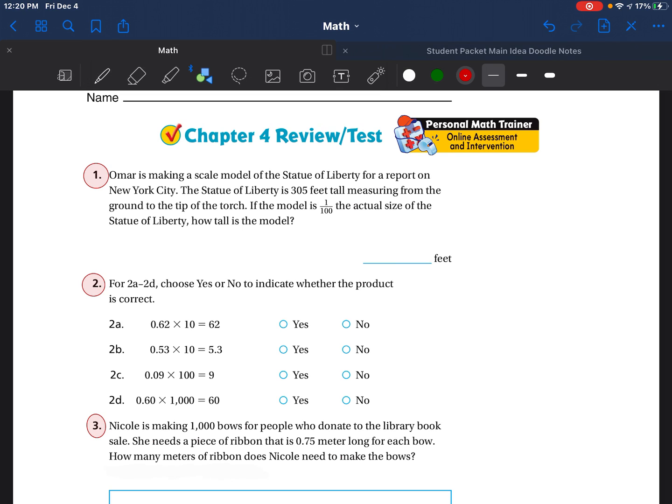Number 1 says, Omar is making a scale model of the Statue of Liberty for a report on New York City. The Statue of Liberty is 305 feet tall, measuring from the ground to the tip of the torch. If the model is 1/100th the actual size of the Statue of Liberty, how tall is the model? So if we think about this, it is definitely going smaller. So we're going to move our decimal point to the left. And remember, if it is a whole number, which in this case it is,